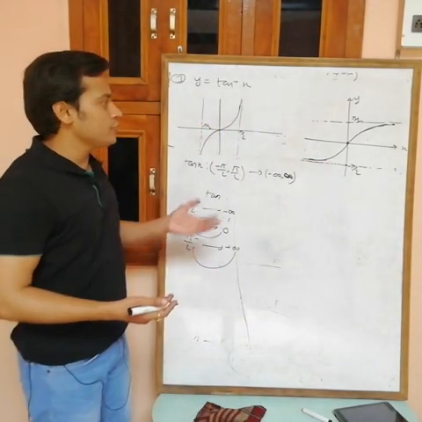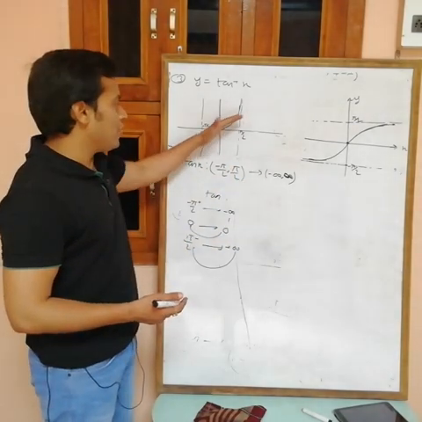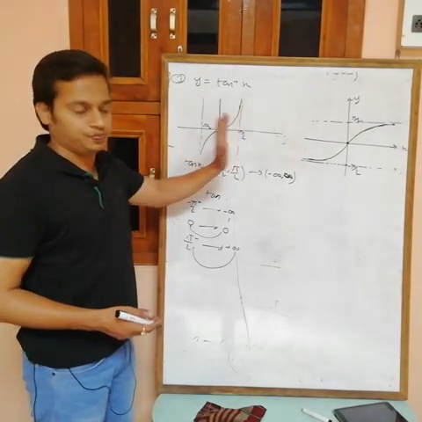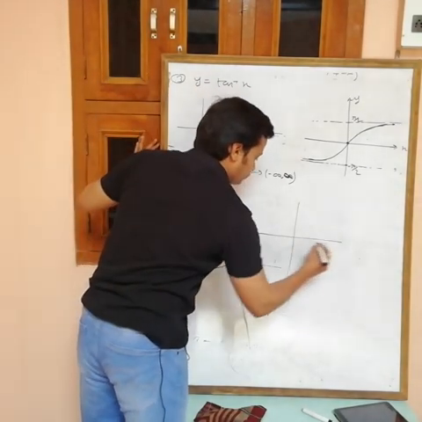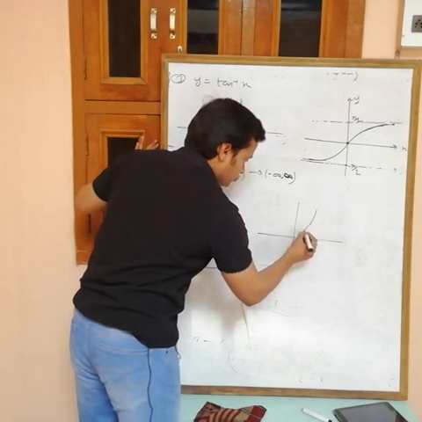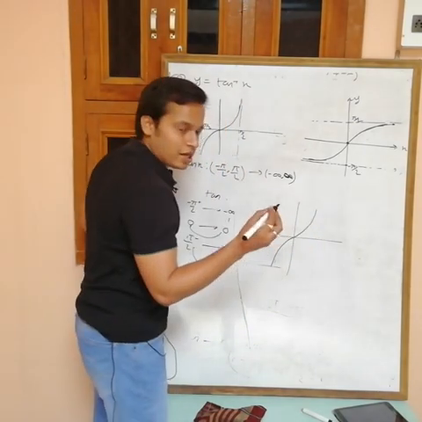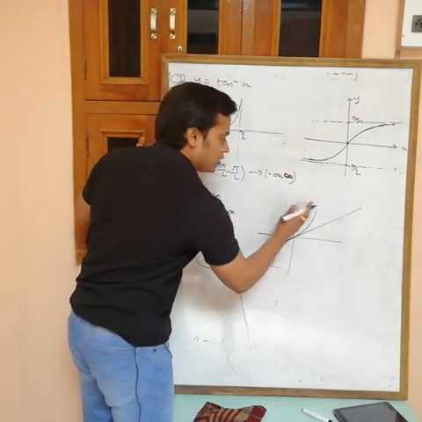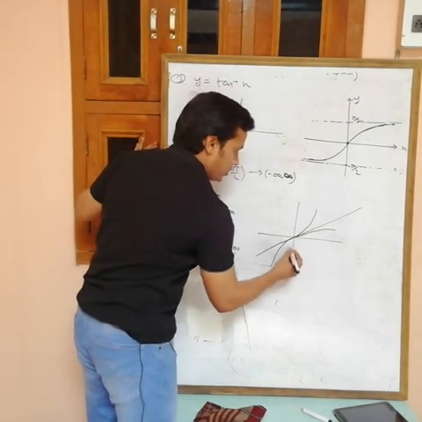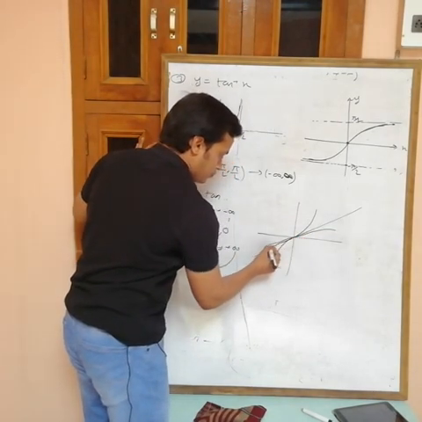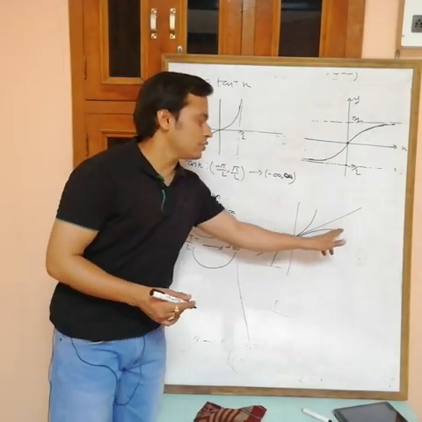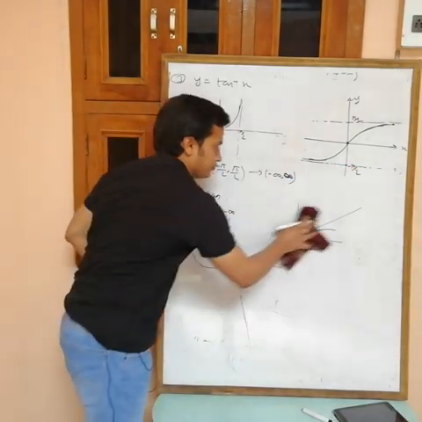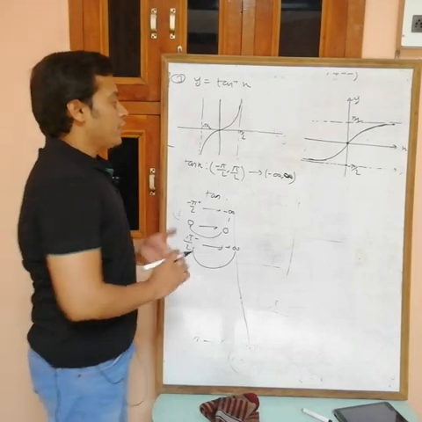Also, you have another option to draw this graph. Draw a line y equals x and then take the mirror image. See, like this one. This is the graph of tan x. This is the line y equals x. Take the mirror image, then what you will get? Like this one. So the graph is approximately like this. Okay, so this is the graph of tan inverse x.